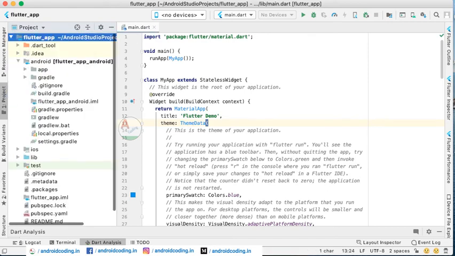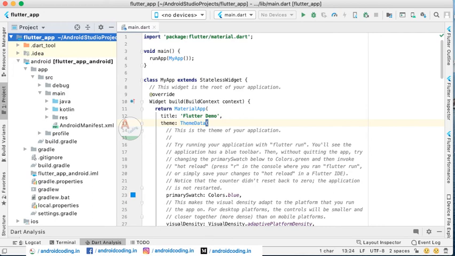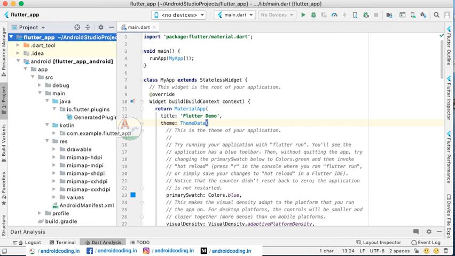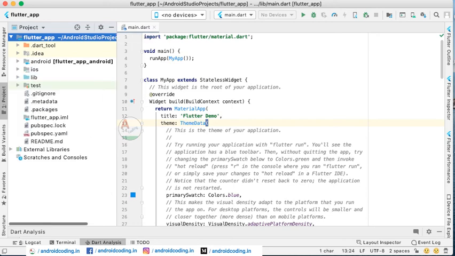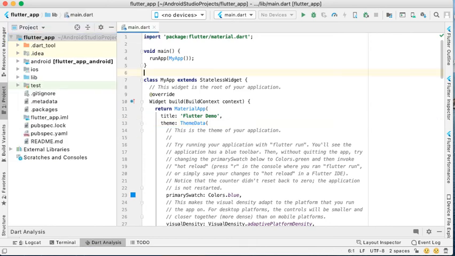So here you can see our native Android style of folder structure, and in source main, you have Java and Kotlin, as well as our resource files. So here you need not target Android or iOS especially when you code in this particular programming language using the Flutter SDK. It will automatically make the code for Android and iOS. The same code will be utilized for both operating systems.